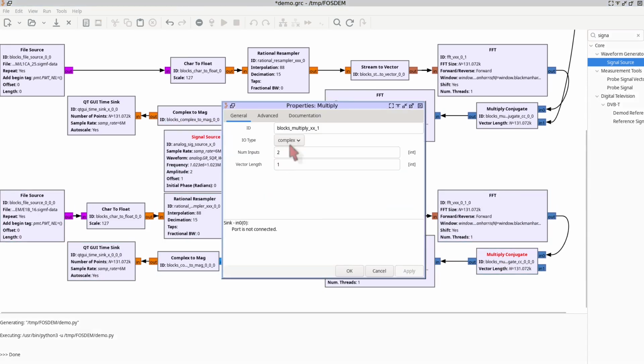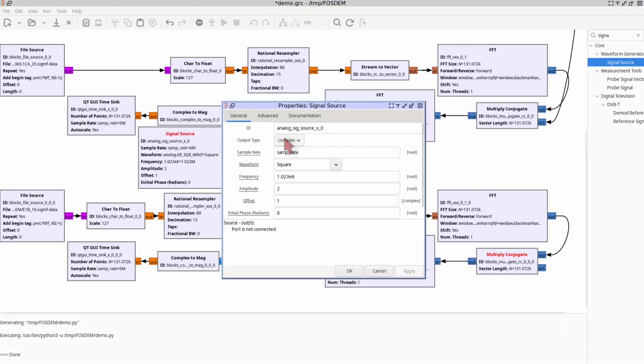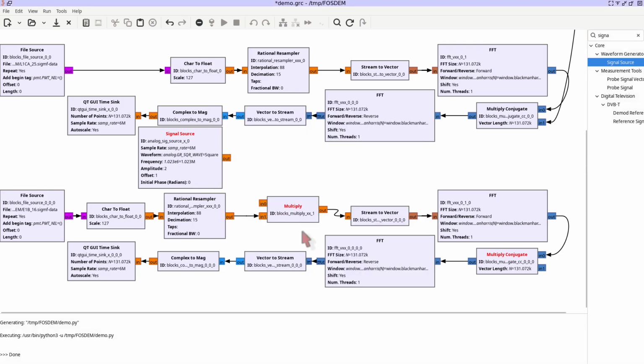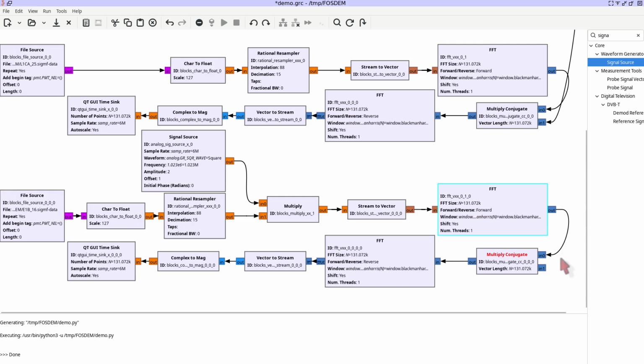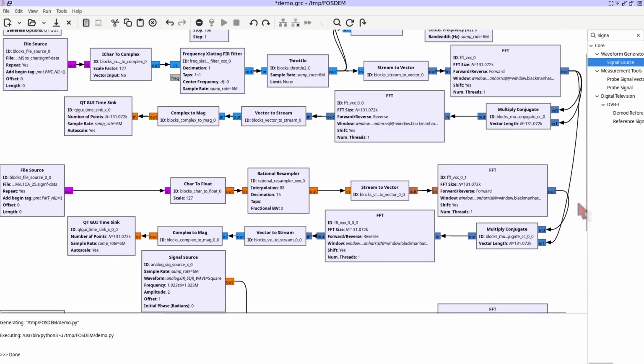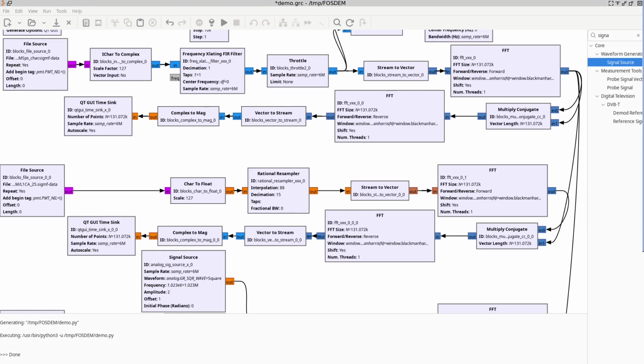So this multiplication acts on real quantities. This square wave is also a real quantity, so we shift it to float. It's a square wave at 123 megahertz. And we can now connect the BOC signal that was generated between the code and the pseudorandom sequence code and the square wave. Finally, we must again take the output of the first correlation to correlate with the correct signal. And if we now run this,